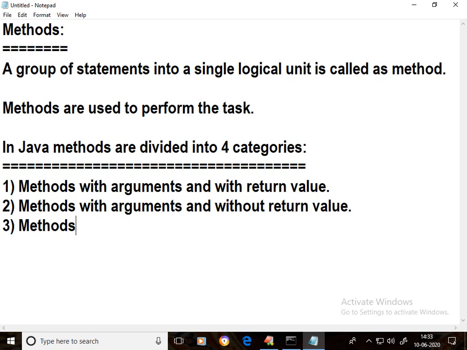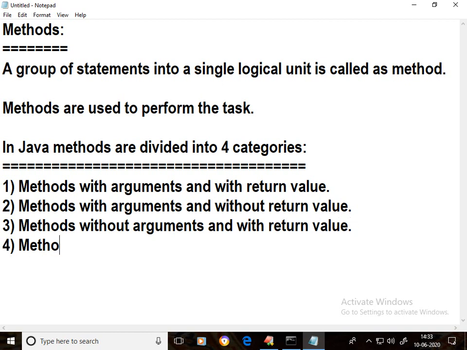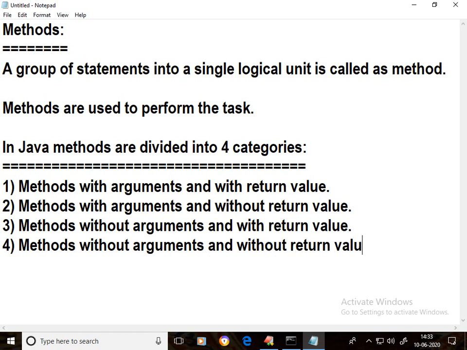Third category, methods without arguments and with return value. Fourth category, methods without arguments and without return value.